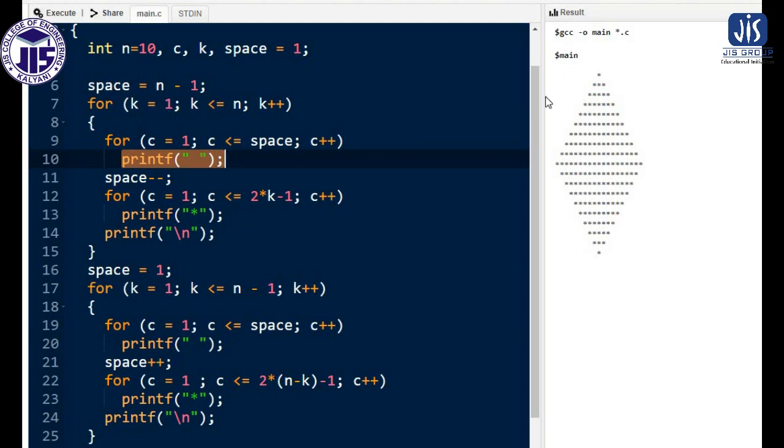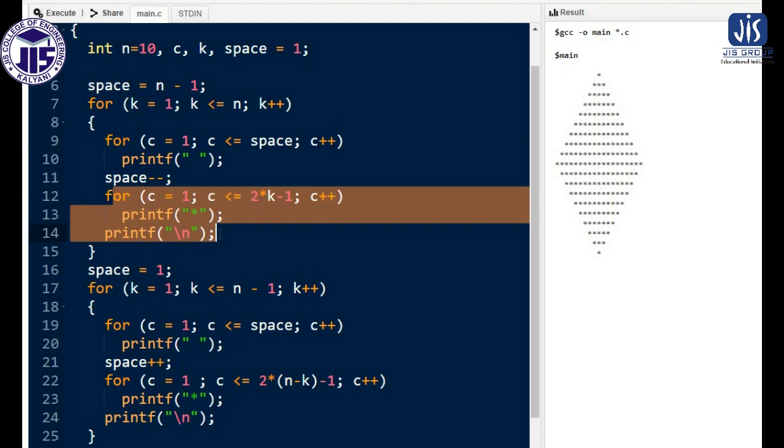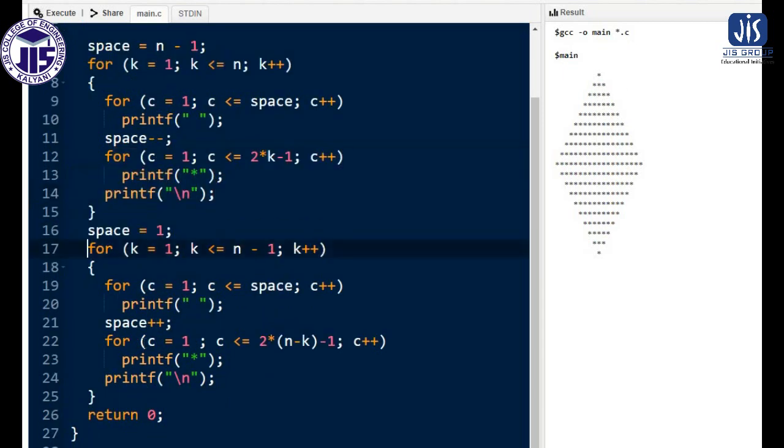So the number of spaces is decreasing gradually, and the number of asterisks is increasing in this triangle. Here we have used the same concept. Using this for loop we are printing the space, and using this for loop we are printing the asterisk. Next we come to the left aligned triangle here. So this is the logic that we are using to